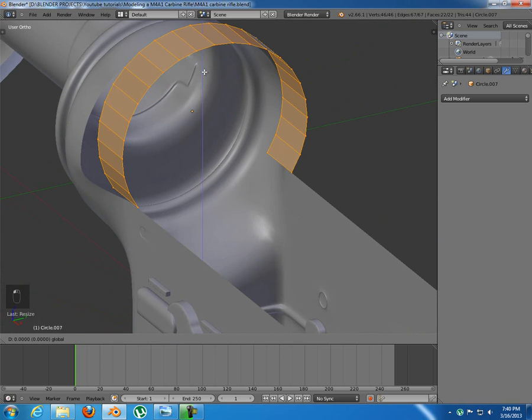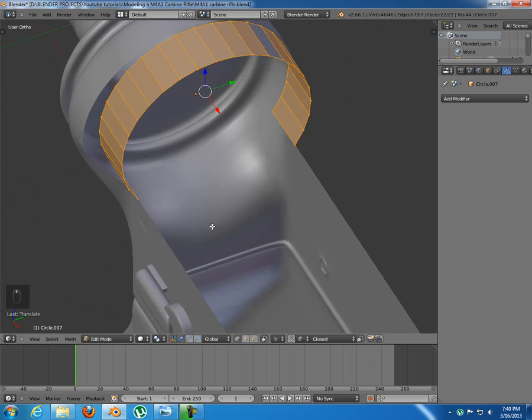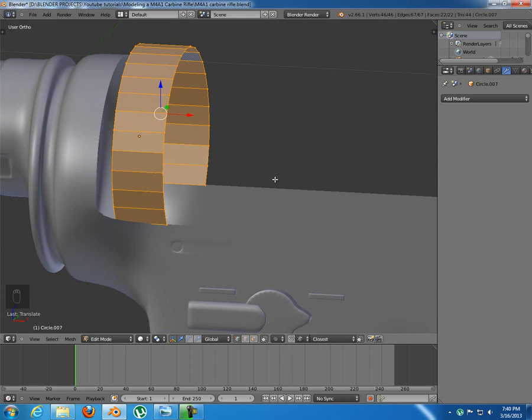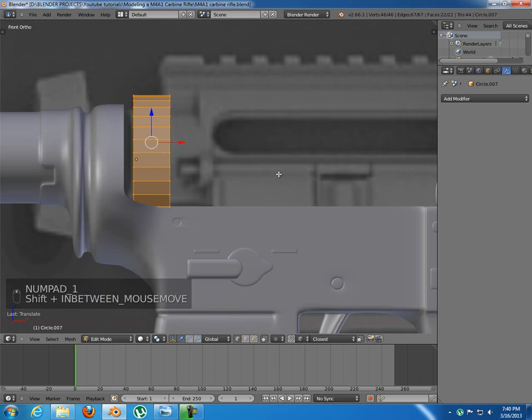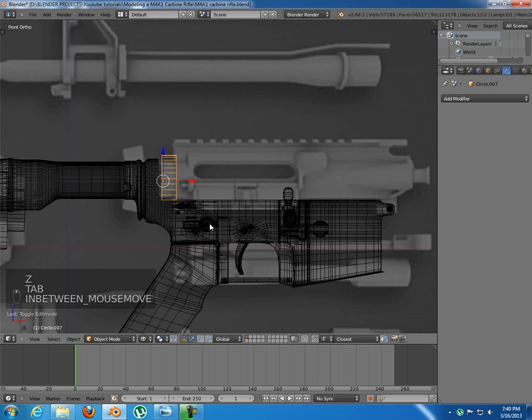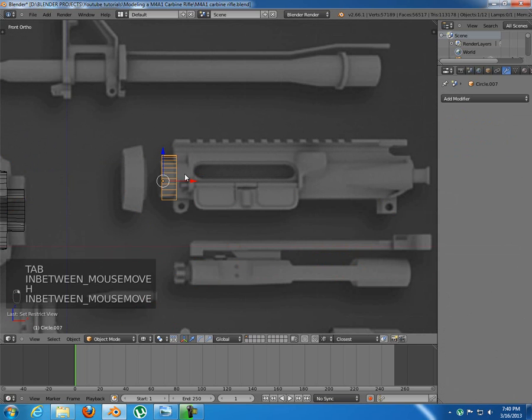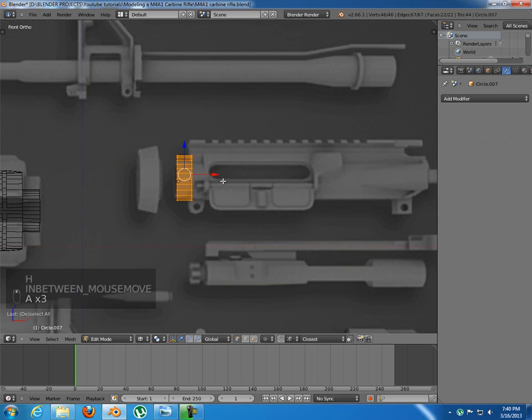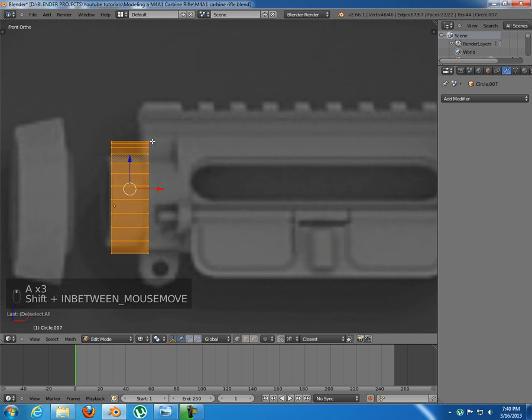Okay, and this is fine. I'm going to do more after I add my subdivision surface. Okay, and for the moment I just want to hide this object, back into edit mode, and I'm going to do this